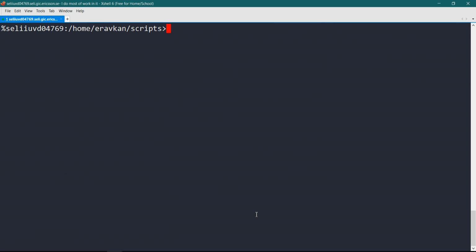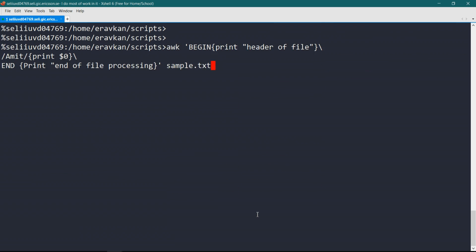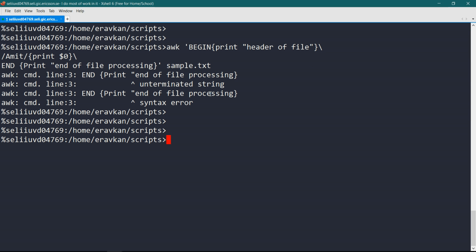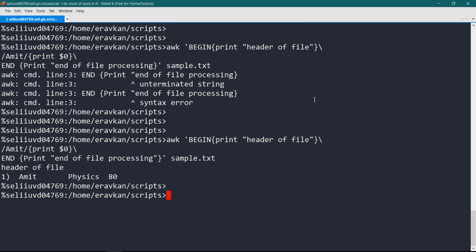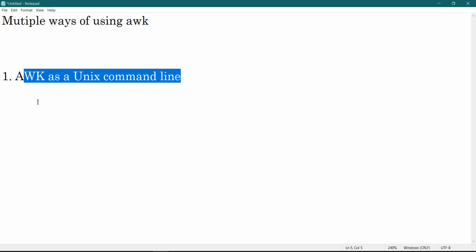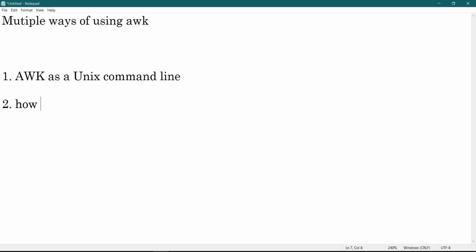So in this way you can also split your awk command into multiple lines by using this backslash. This was end of line processing. Okay, this is the second way. Here I have explained how you can split awk into multi-line.